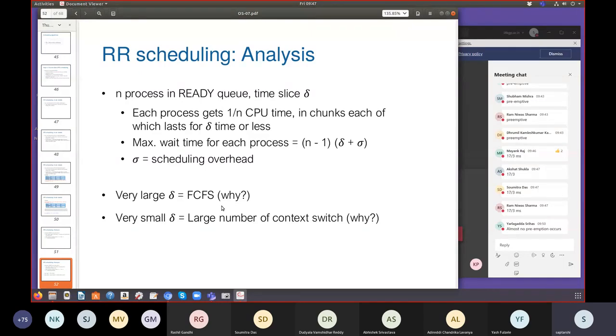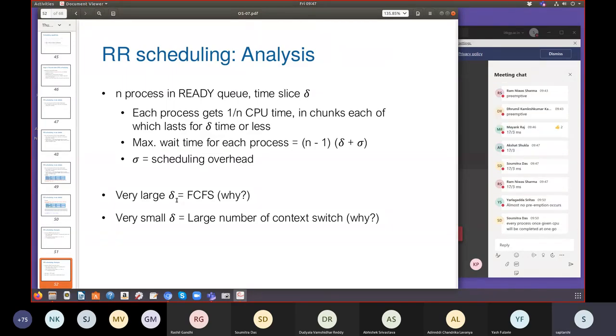What Shreyas has answered: since the time slice is very large, most processes anyway finish by then. So suppose you are working with a large delta, or a large time slice, most processes will have a CPU burst less than that delta. Therefore, there is no preemption, and basically the scheme becomes similar to FCFS. As Soumitra said, every process once given the CPU will be completed within delta because delta is so large. On the other hand, if delta is very small,